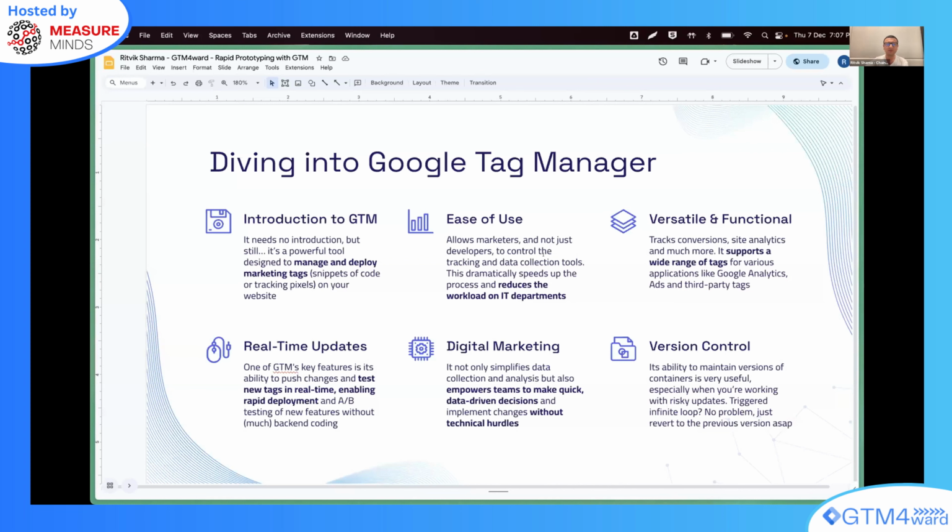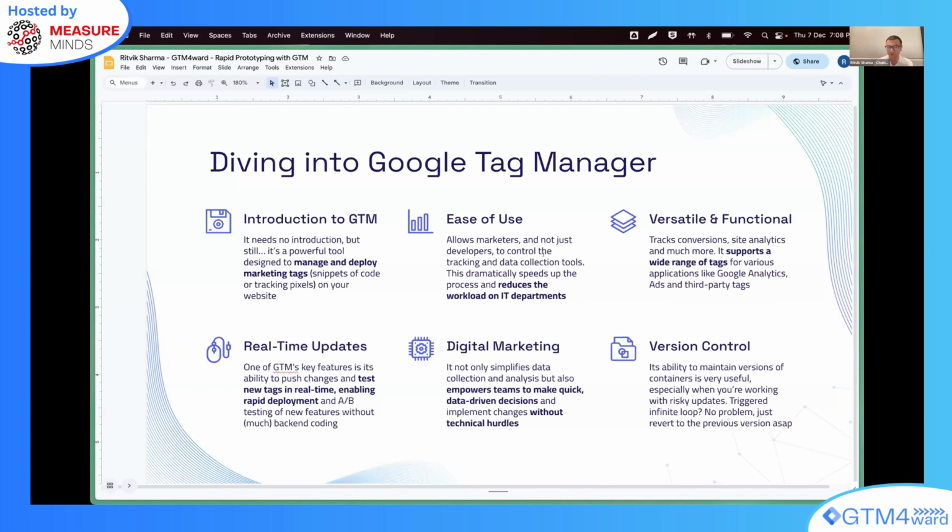Anyone can implement or add code snippets onto your website without having to go through a technical IT related involvement or process. It's very functional, versatile in nature. You can, of course, enable your entire digital marketing stack through Google Tag Manager by enabling pixels like Google Analytics, ads, and so on.